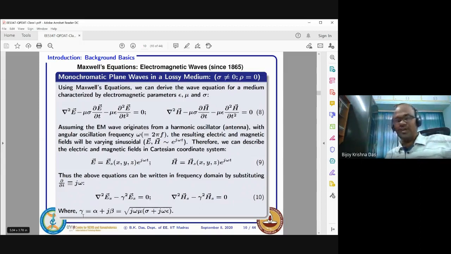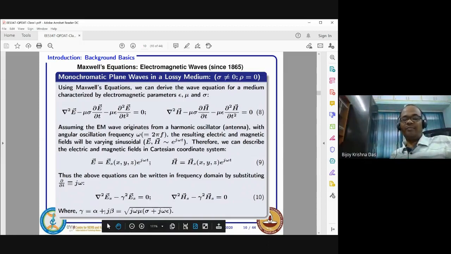Okay, if gamma is complex, then if alpha is positive, you are getting attenuation, and if somehow you have a gain medium, for example, like a population inversion in a laser medium, right? So you have stimulated emission, and amplification is there. In that case you should have a gain, and we put that as G, gain is there. So if gamma is complex, then fine.